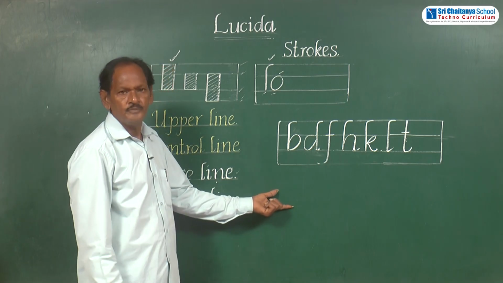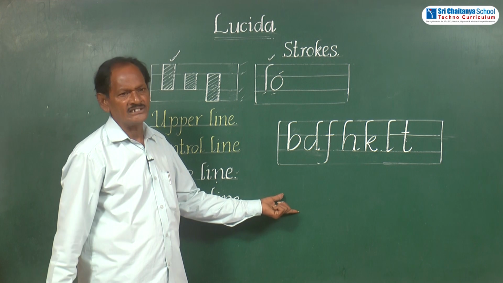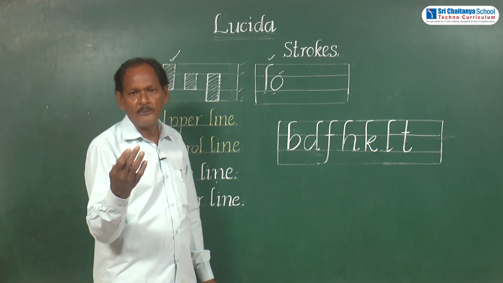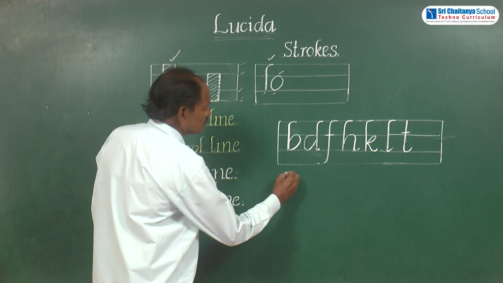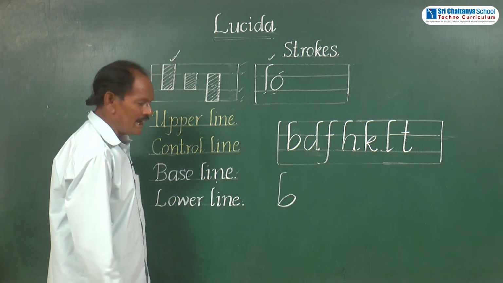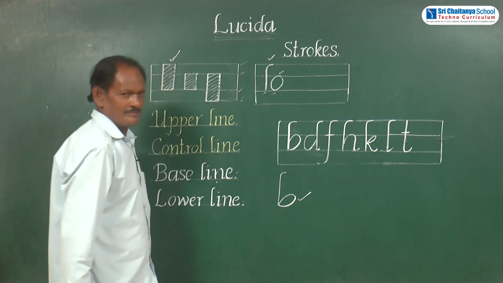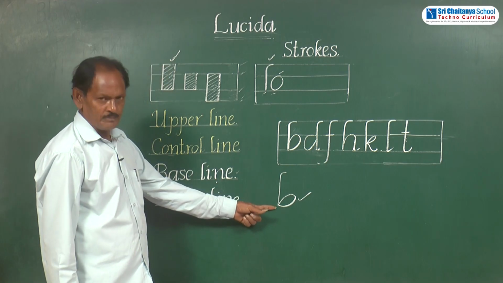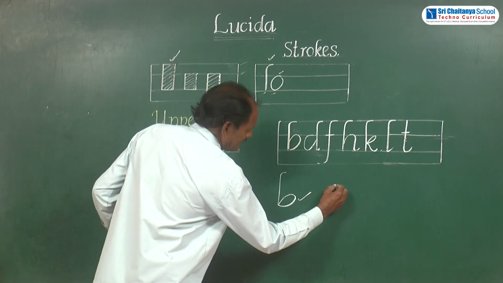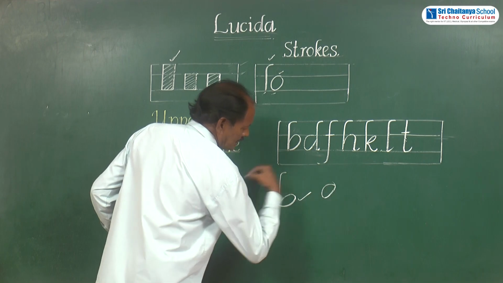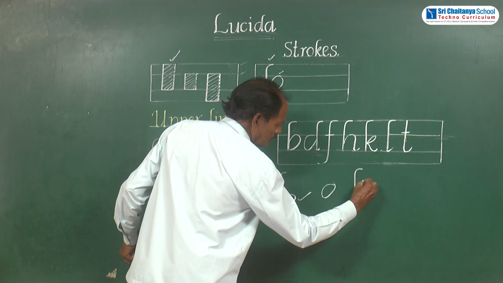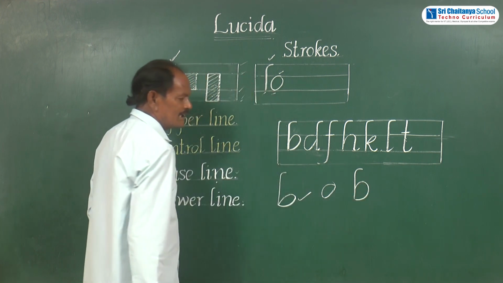Now I will show you how some students write these upper zone letters in an improper way. Somebody used to write B like this. They argue this is also the oval shape. Yes, this is the oval shape, but the oval shape should not be written like this. It should be written like this. So after writing the stroke, the oval shape should be written like this.